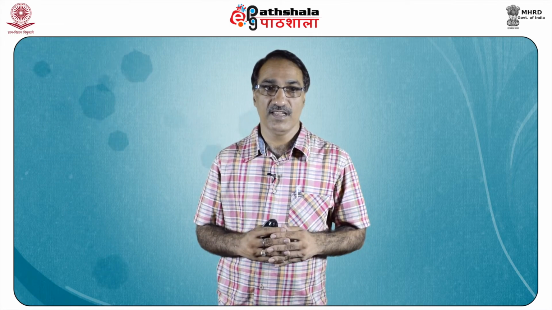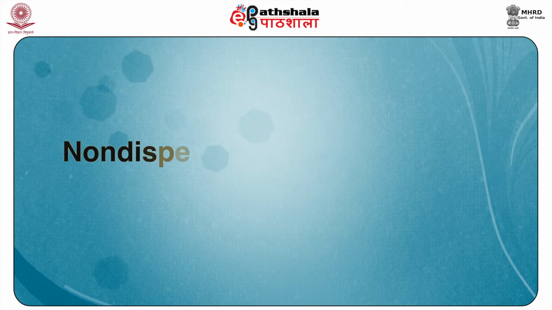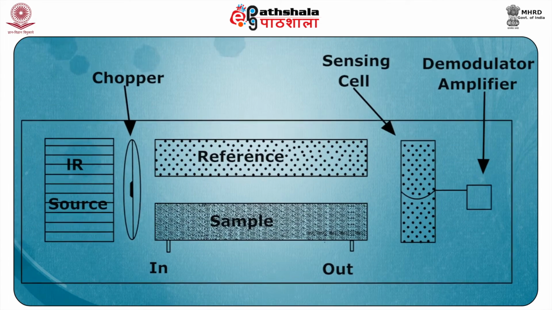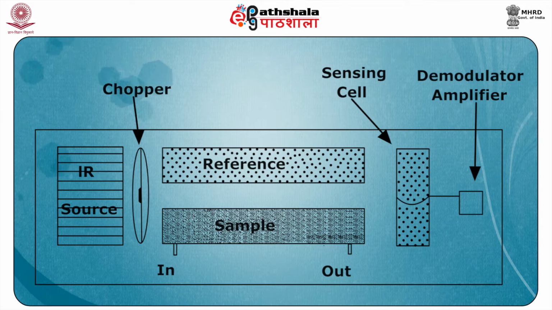Carbon monoxide has a characteristic infrared absorption near 4.6 micrometer. The absorption of infrared radiation by CO molecules can therefore be used to measure CO concentration in the presence of other gases. It is based on the fact that carbon monoxide possesses a dipole moment which absorbs infrared radiation. Non-dispersive infrared analyzer. The non-dispersive infrared analyzer is made up of a sample cell